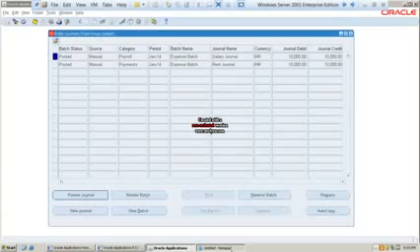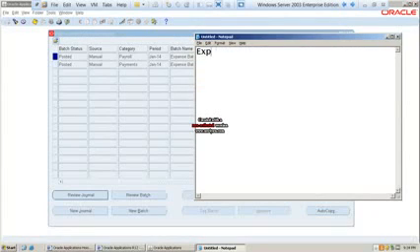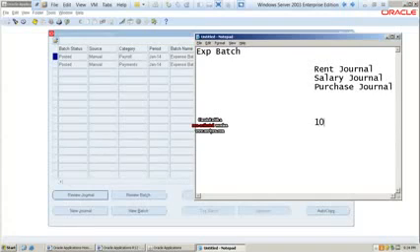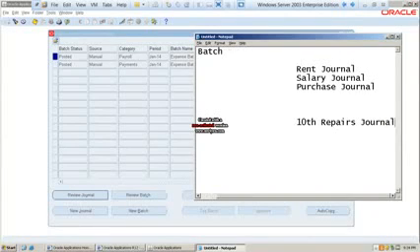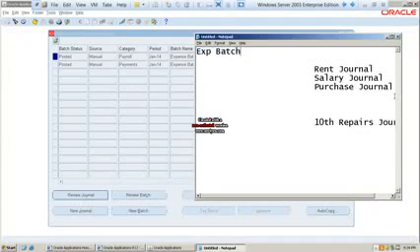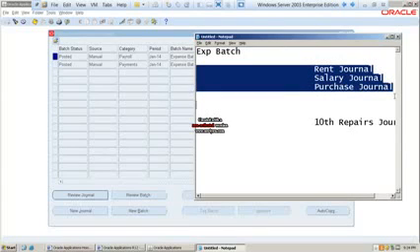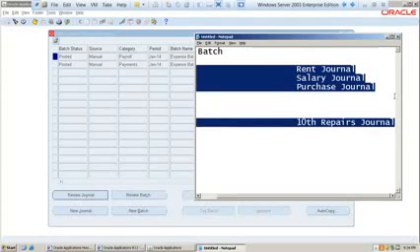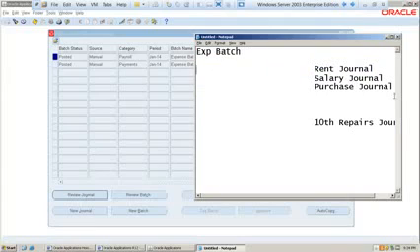Harsha. Yes, sir. Can't we post individual journals? Now out of this expense batch I got 10 journals, starting from rent, salary, purchase, till the end, because all of this belongs to the same batch. Now you don't want it that way. If I post rent, only rent should get posted.